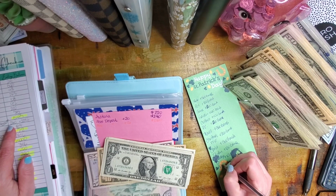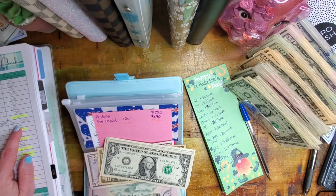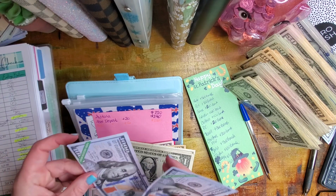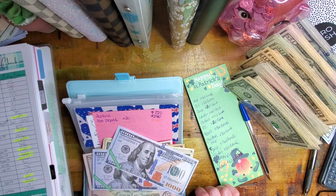I don't know why I didn't write Australia. Oh my gosh, I can't spell, you guys. Australia to bank, another 100. So what we're looking at is we have 2,200. So we're looking at 2,400 in the bank right now. So we've got 1,000, 2,000. And we are going to go ahead and